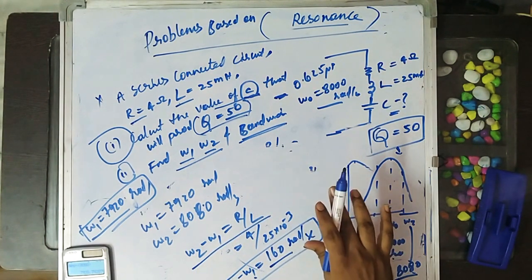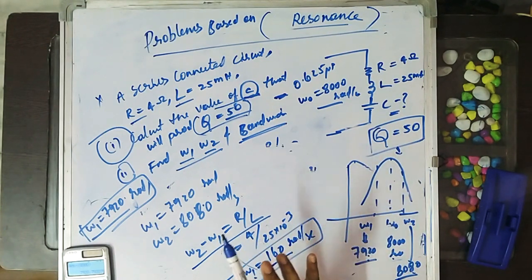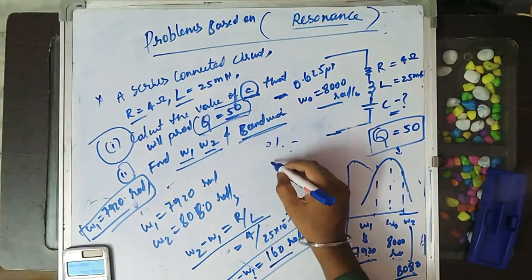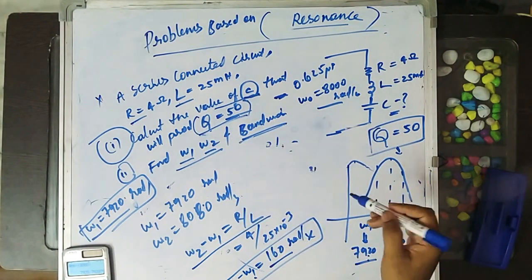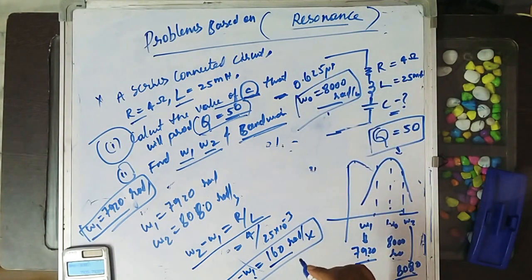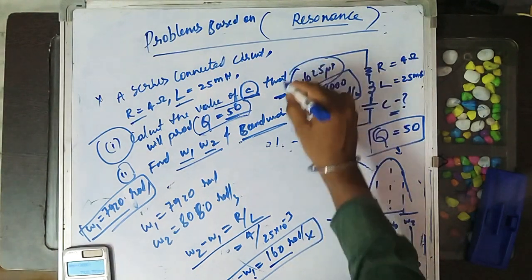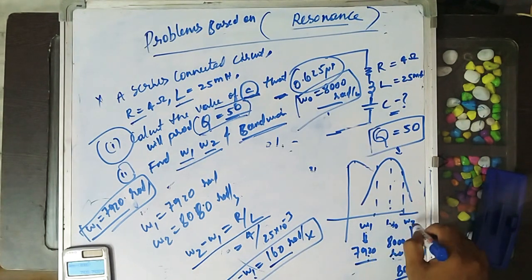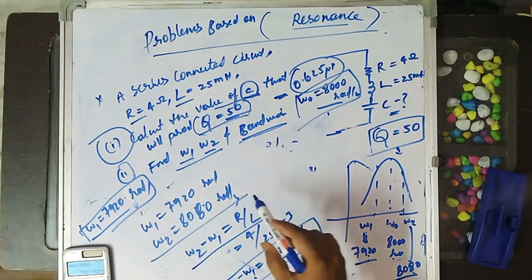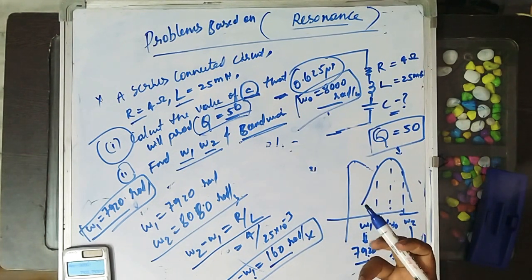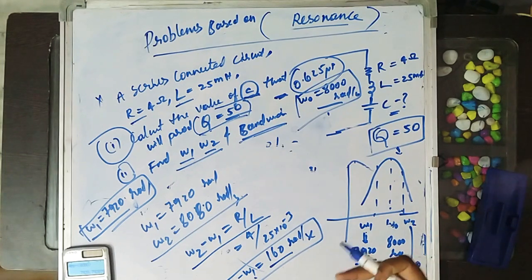For this circuit, they are not giving a voltage source or a frequency at which the system is applied. By knowing the value of quality factor, we will find resonance frequency omega naught. After finding omega naught, by using omega naught equal to 1 by root LC, you will find the capacitor value. After that, we have the relation between omega naught, omega 1, omega 2, so you will find omega 1, omega 2. So this is the sum. By knowing the formulas only, we have to deduce everything. Okay, we will go to the next sum.